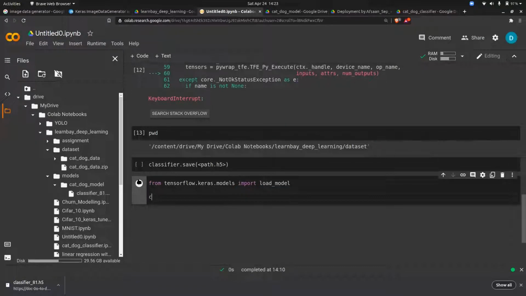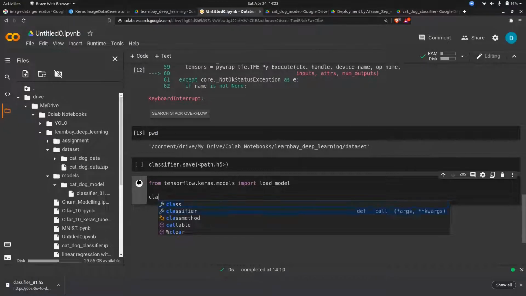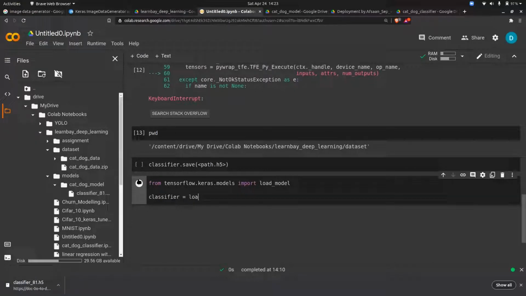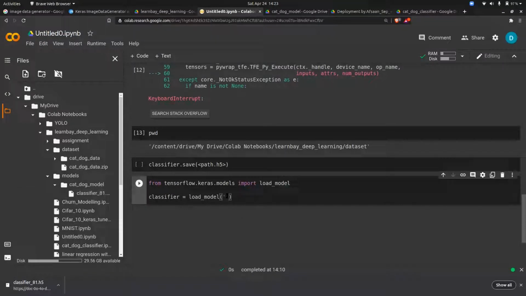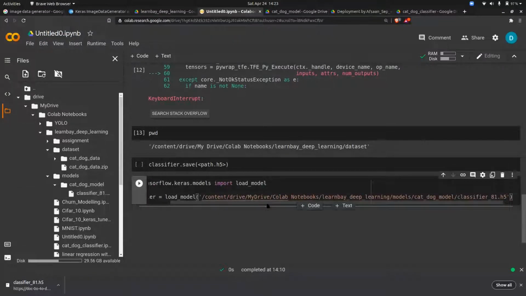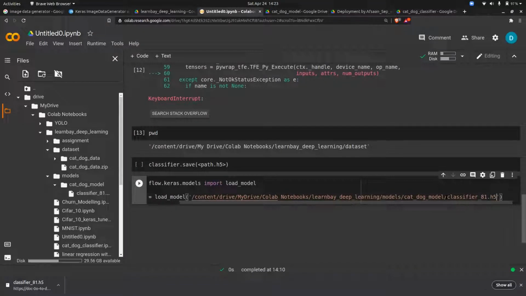I'm giving the name classifier equal to load_model, and you have to pass the model path here. This is the model path, copy the path and paste it here. For you, it will be different. So put the full path, and your file should be something like this. Run this, and your model is loaded.